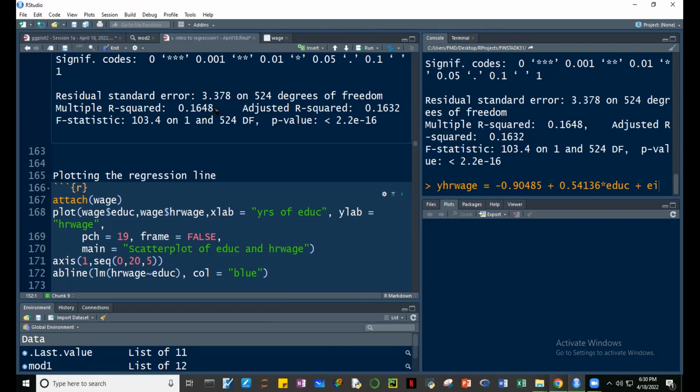Pero guys, ang question, relevant ba yung ginagamit natin na independent variable to predict our dependent variable? So in order to penalize the use of so many unnecessary independent variables, meron tayong tinatawag na adjusted R squared. So we penalize, pinipenalize natin yung paggamit ng mas maraming